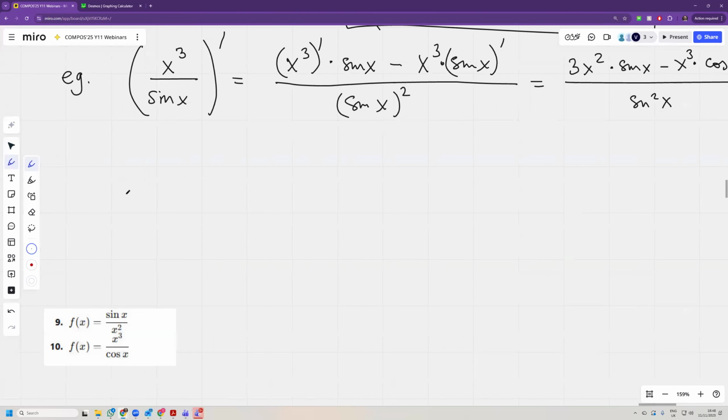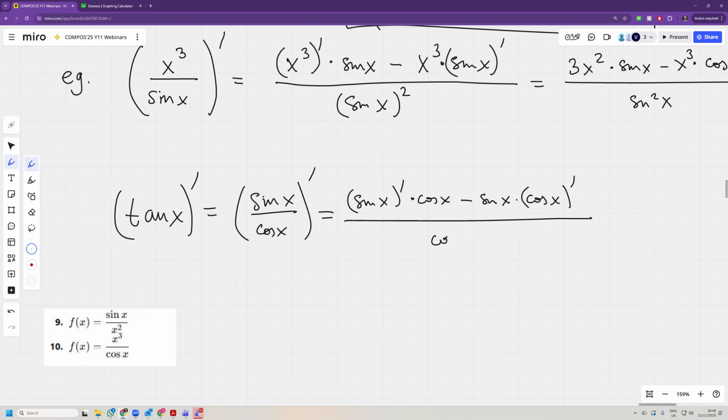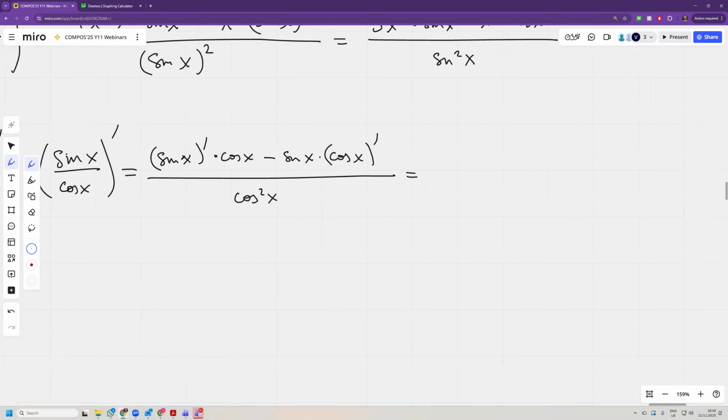Okay. So tan x is actually sine x divided by cosine x. So if you want to find the derivative of tan x, you can find this using the quotient rule. So it's sine x dash times cosine x minus sine x multiplied by cosine x dash, divided by cos squared x. And if you do this, the derivative of sine is cosine x multiplied by cosine x minus sine x multiplied by minus sine x